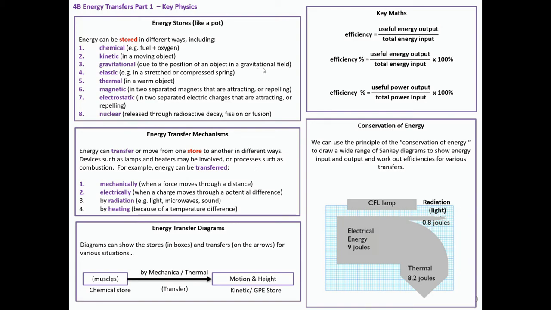So that's where you are in a gravitational field, higher up, lower down, elastic in a spring or stretched elastic band. Thermal, so when an object's warm. Magnetic, when we separate magnets, they attract or repel. Electrostatic, so in separated electric charges that are attracting or repelling. And nuclear, so when we have a nuclear decay, radioactive decay, so that's alpha, beta, gamma, or neutron radiation, so